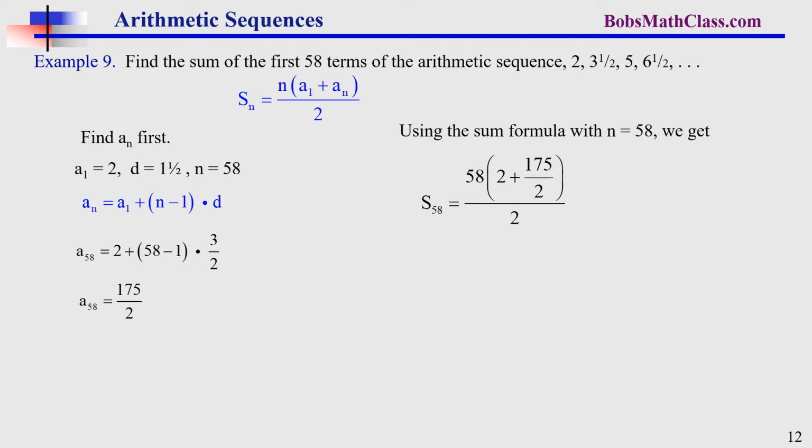Okay, plug it into the formula. So again, n is 58, a1 is 2, the last term is 175 over 2, or if you put 87.5 or 87 and 1/2, it will not matter